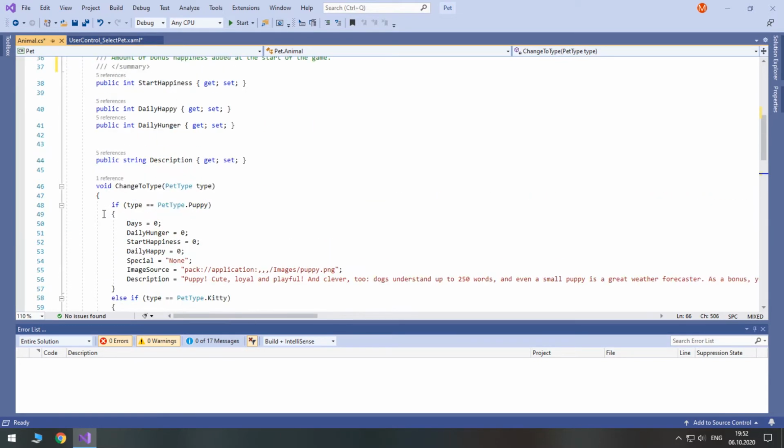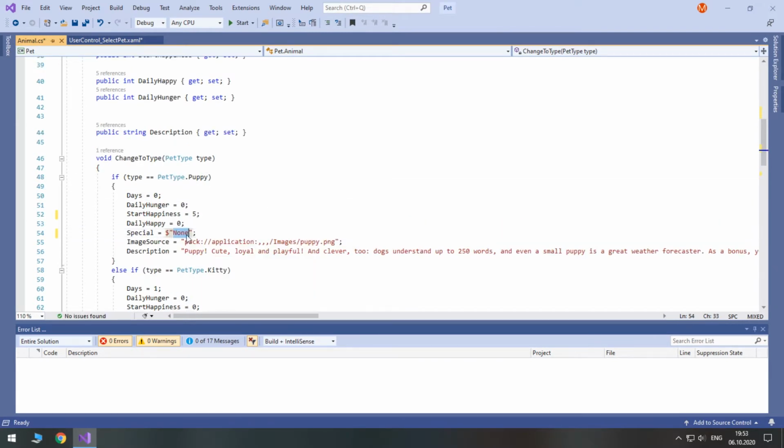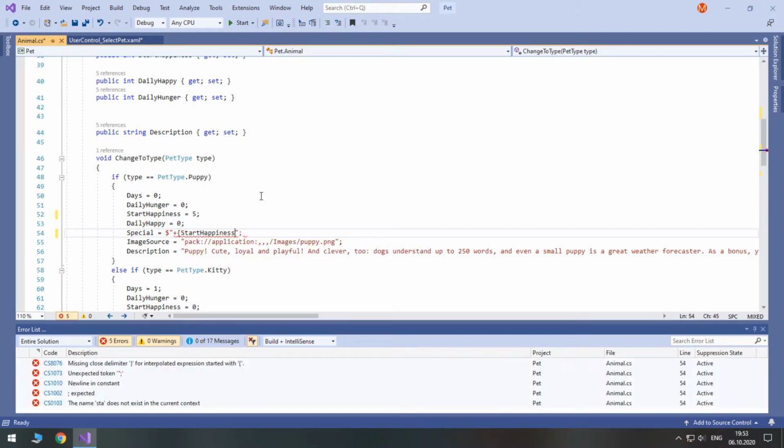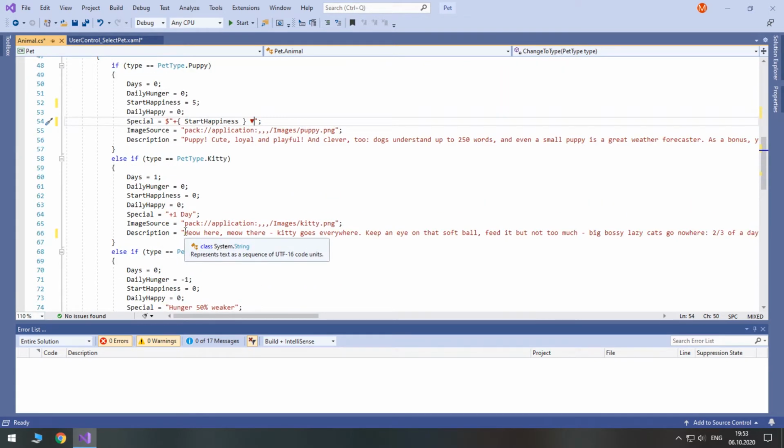Okay, so in our change to type method, when we choose the puppy, our start happiness should equal 5, and as for the special, instead of none we will type plus, then start happiness, then we need the hot character. Okay, you can take it from here.